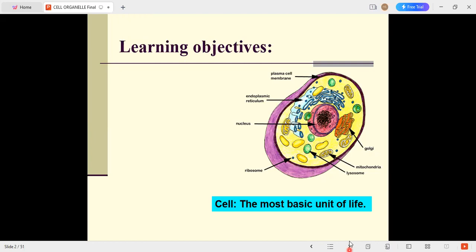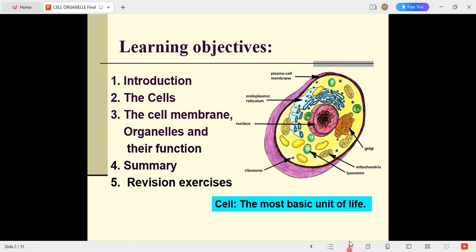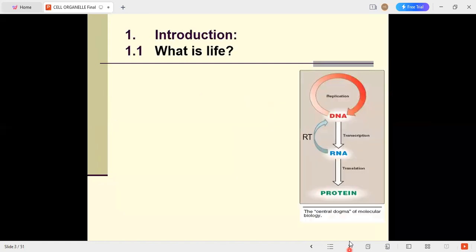This means that they perform basic functions of life, including feeding, socializing, and reproduction. It's like a tiny creature. Most organisms are multicellular, but there are also single-celled or unicellular organisms, which can only be seen through a microscope. But now the point is what the cells are made up of.